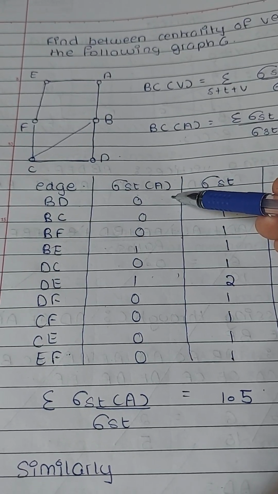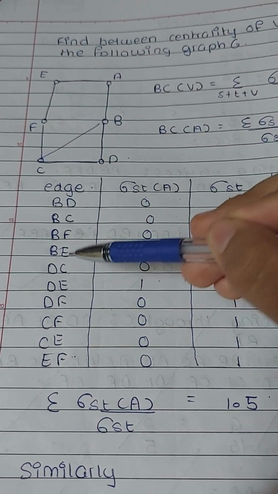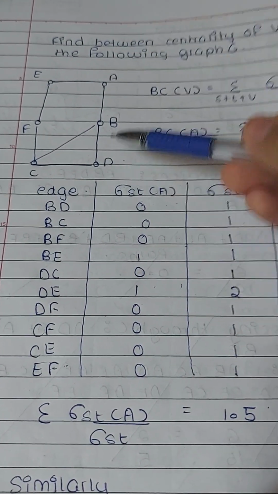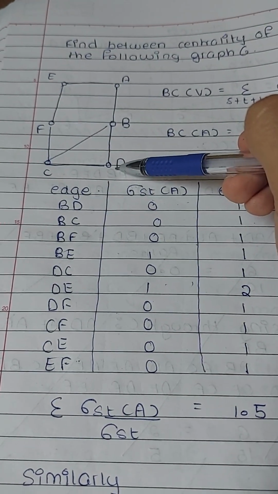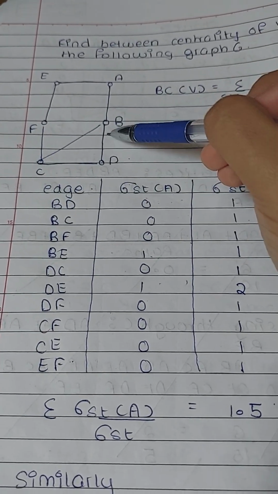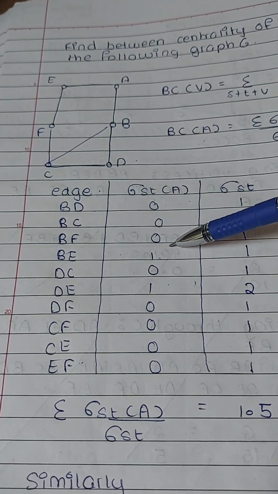That is the number of shortest paths between the given vertices which include A. So suppose over here BD, the shortest path is 1. We won't really go like this, right? The shortest path is 1. Does it include A? No. So we write 0. Similarly for BE, the shortest path is this, right? It does include A. So we put 1 over here.